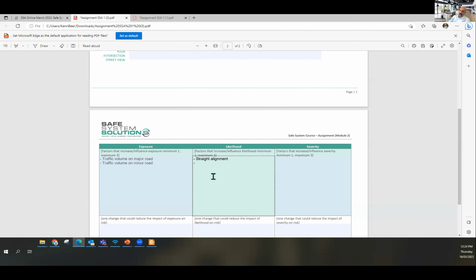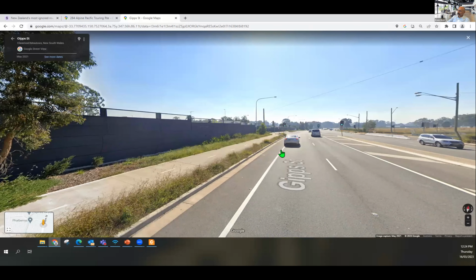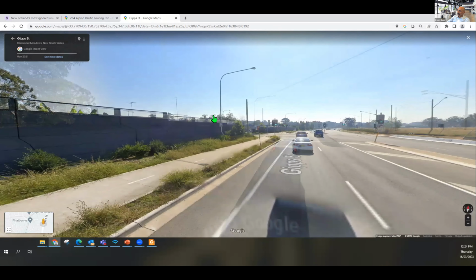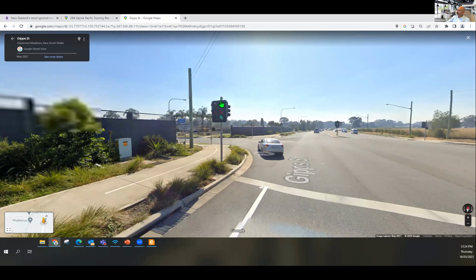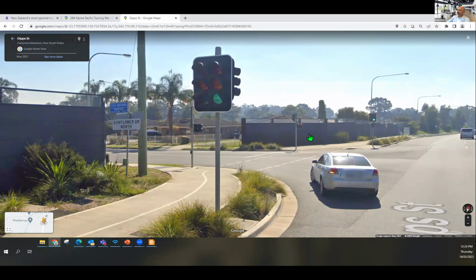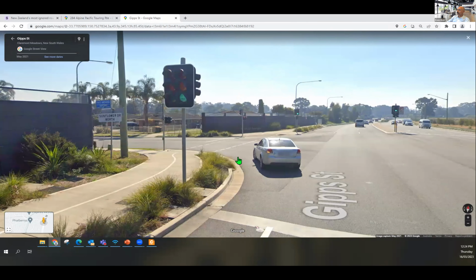Surface, lighting. It looks like, so I'm just going to jump a little closer. Yeah, is that his old incandescent globes? Yeah, so that's not going to be as bright as it could be. So that could be one.